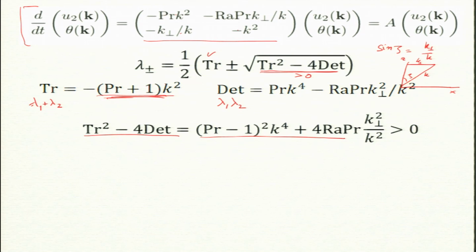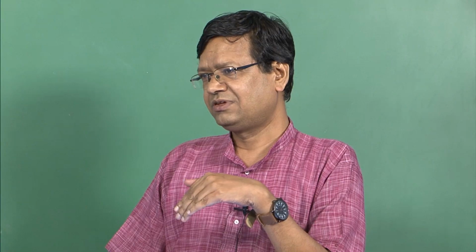Now, we can just check. If both of them are negative, what happens to the determinant? It is positive. If one of them is negative and the other one becomes positive, then the determinant becomes negative. So, it changes from positive to negative and it goes through 0. So, we look for the transition. When will the transition take place? When the determinant is 0.